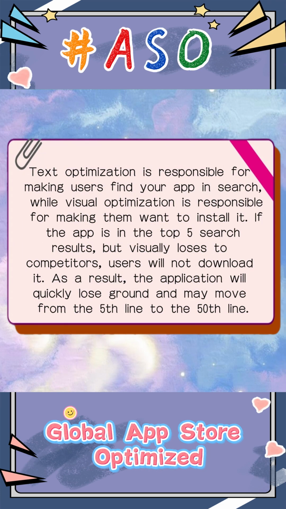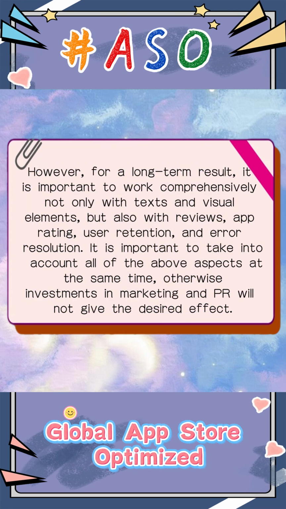Text optimization is responsible for making users find your app in search, while visual optimization is responsible for making them want to install it. If the app is in the top search results but visually loses to competitors, users will not download it. As a result, the application will quickly lose ground and may move from the 50 line to the 50 line. However, for a long-term result, it is important to work comprehensively